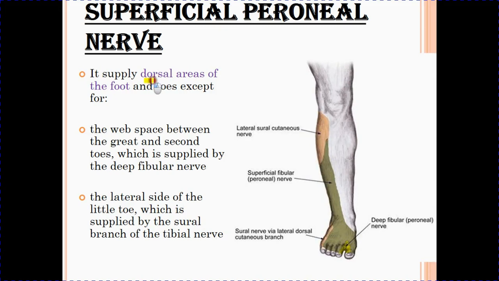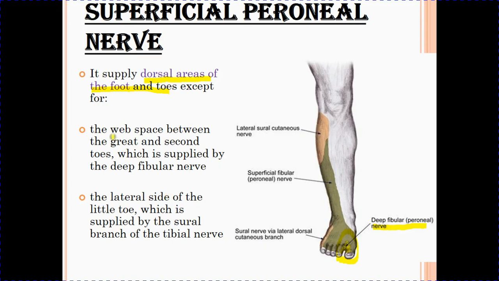It supplies the dorsal area of the foot and toes except for the web space which is present between the great toe and the second toe, which is supplied by the deep fibular nerve. It supplies the lateral part of the leg as well as the dorsum of the foot,